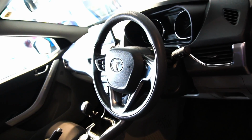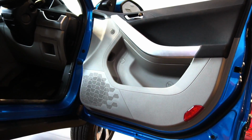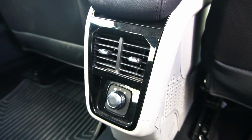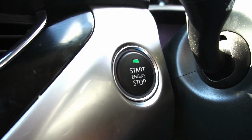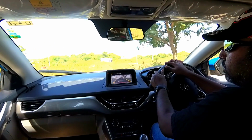The gear lever felt a bit too flimsy as well, so I hope Tata would look into that for future upgrades now that this car has turned out to be an instant blockbuster for them. Now, talking about other special features that this car offers, we do get automatic climate control with dedicated AC vents for the rear seat passengers. We get engine start-stop system. We do get a rear parking camera with dynamic guidelines along with rear parking sensors, which makes parking in tight